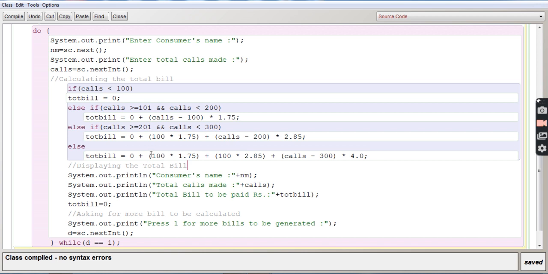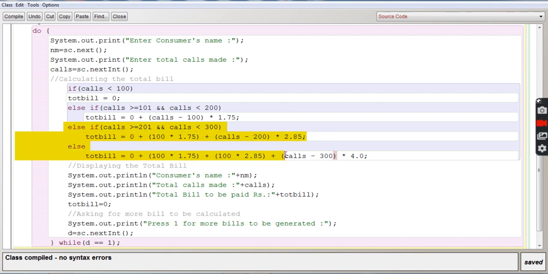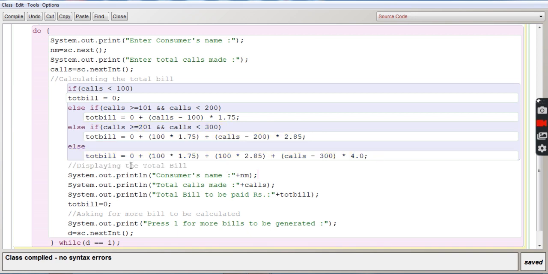Keep in mind 100 into 1.75, 100 into 2.85, and try to give different call numbers so that you can check all the conditions. Once the bill is calculated, it will display the consumer's name, calls, and the total bill. And make sure that the total bill is initialized as 0 in the rough column, so that the total bill of the earlier consumer is not added to the next consumer.